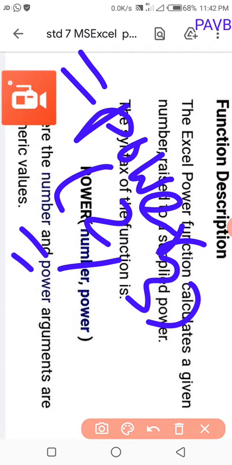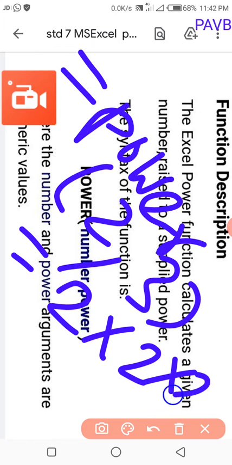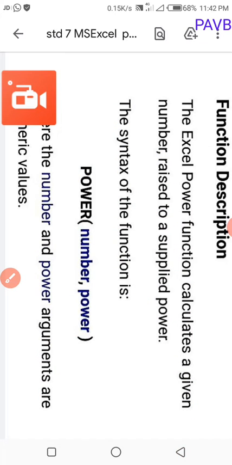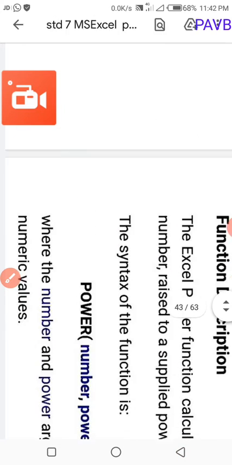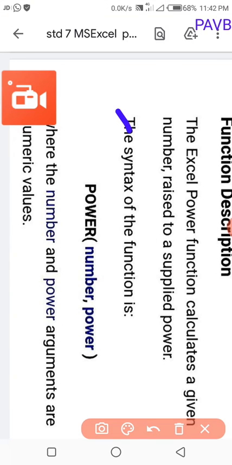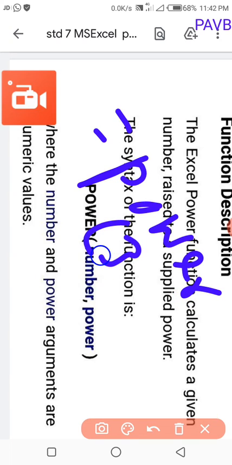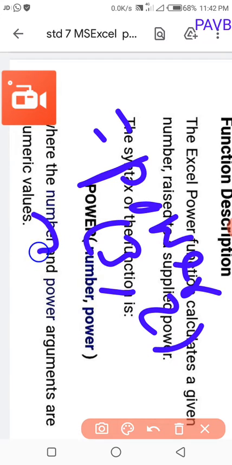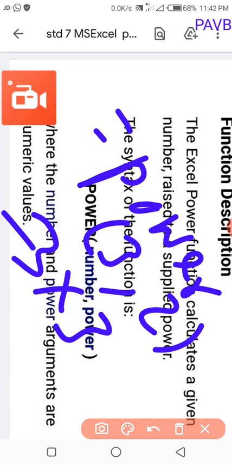The number 2 is repeated 3 times: 2 into 2 into 2. 2 twos are 4, 4 twos are 8. Once again, giving another example: POWER(3,2). The first number is repeated 2 times: 3 into 3. What is the answer, ma'am? 3 threes are 9.